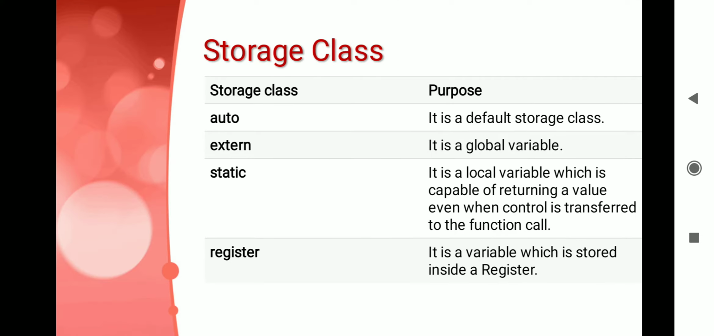If we take the various purposes, we have four different kinds of storage classes: auto, extern, static, register. Auto is a default storage class, the basic thing that we use in every program. Extern is a global variable. Static is a local variable which is capable of returning a value even when control is transferred to a function call. Register is a variable which is stored inside a register. So if we take the next slide,